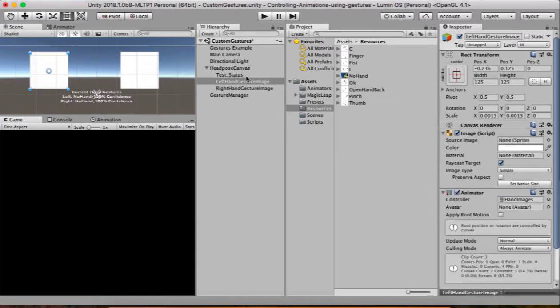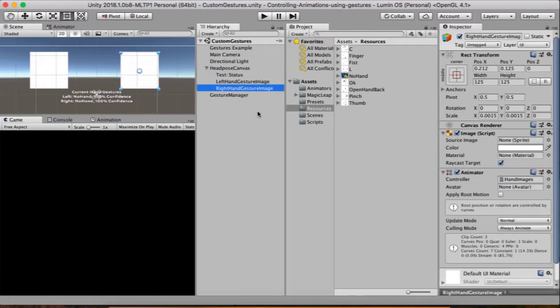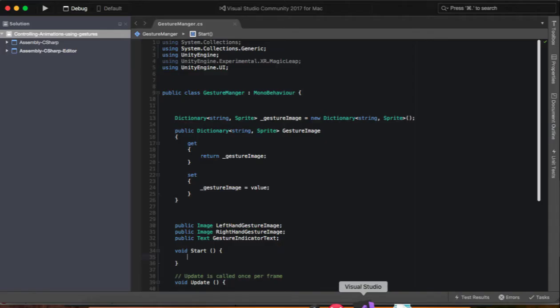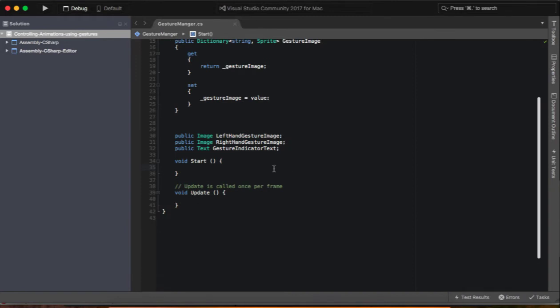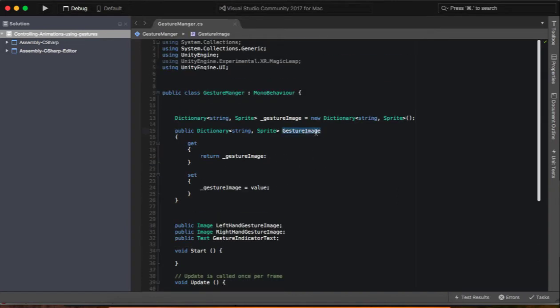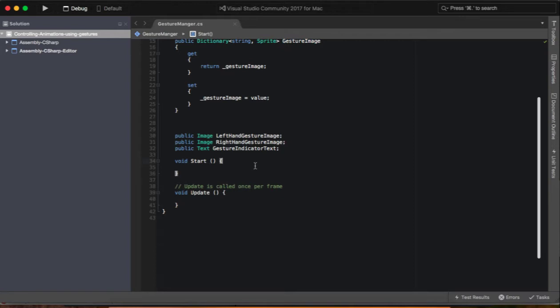You can just click on Control Z so that our image game objects will be empty at runtime, and then they will be referred through the code. Now open up Visual Studio. Now we were about to populate this dictionary, that is the gesture image, and to do that we can use a method named Resources.LoadAll, and it requires a type. Let's just create an empty array, and it will be of type sprite,